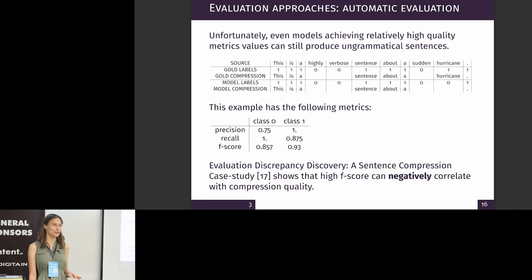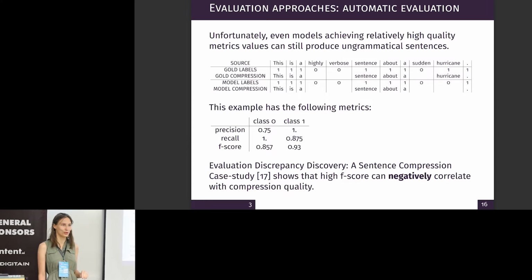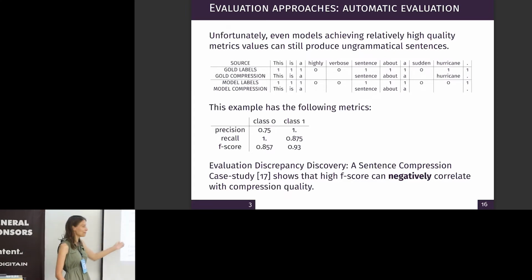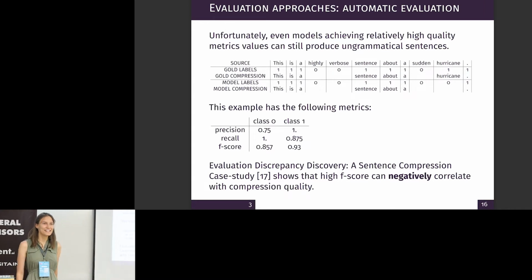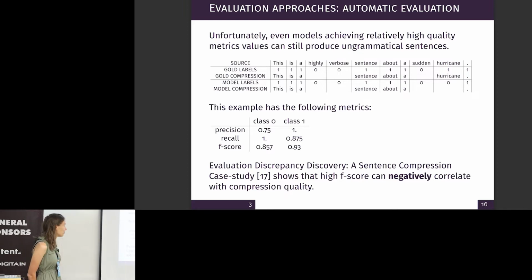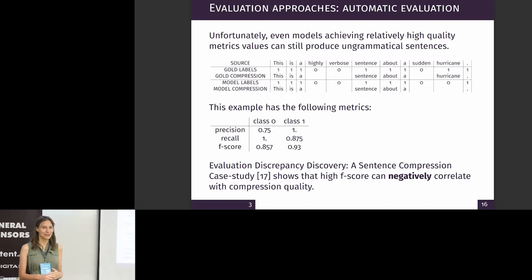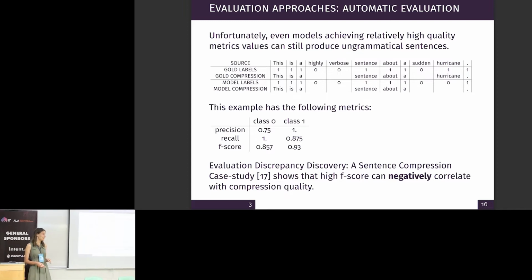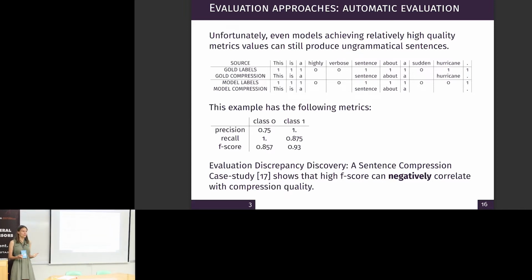So we don't know what it is about, because it lacks an indirect object and it's not a proper English sentence. Then we calculate precision, recall and F-score for this compression, and you can see, well, it's okay. So that's actually the biggest challenge in this topic: automatic evaluation, which is a binary classification and relatively simple, but at the same time shows us results which are not to be fully trusted.